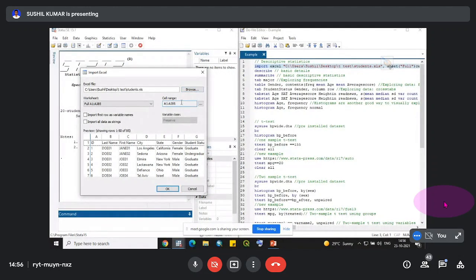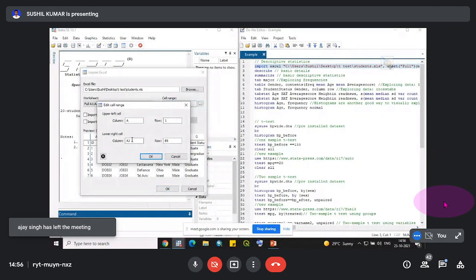Since my data is only up to column N, I will select N here. You can change any data cell range, up to which range you want your data to be uploaded in Stata. By default it was selected as A column first row and N column 85th row. So first of all I will select it.